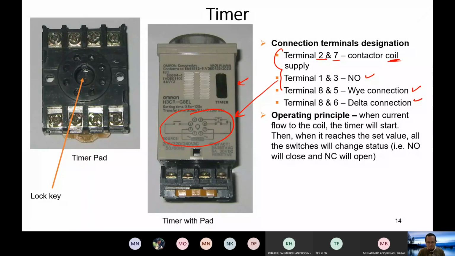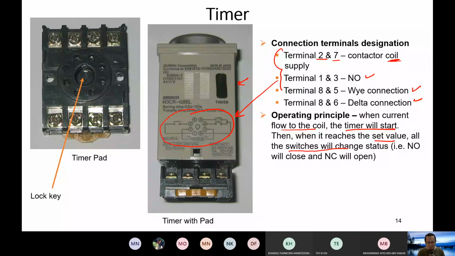So the most important thing is this: how it operates when the current flows to the coil. When you switch on the current flow to the coil, the timer will start to count. Let's say you set 6 seconds. So we start 0, 0.1, 2, 3, 4, 5, 6. When it reaches the set value, let's say you set 6 seconds,